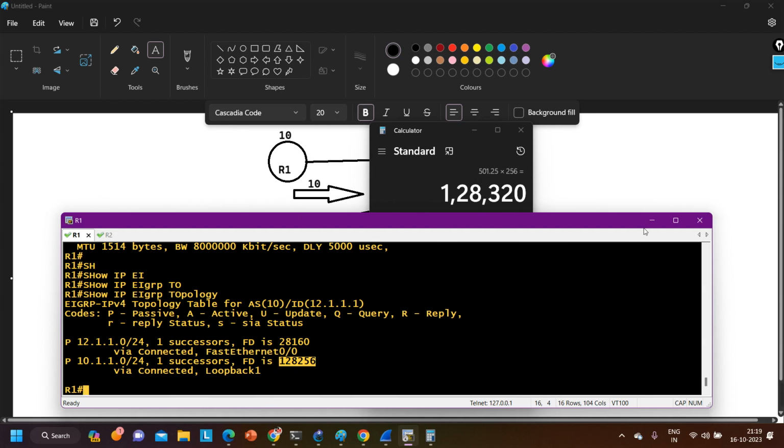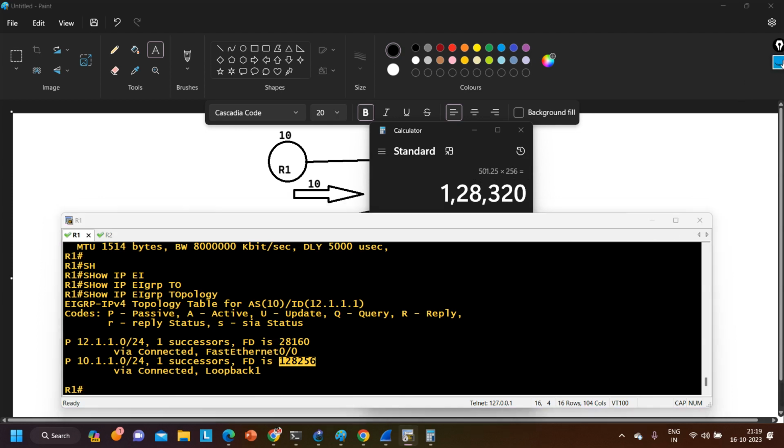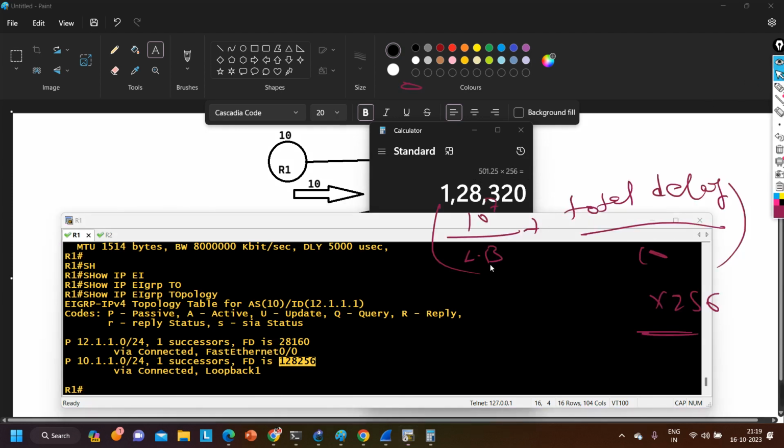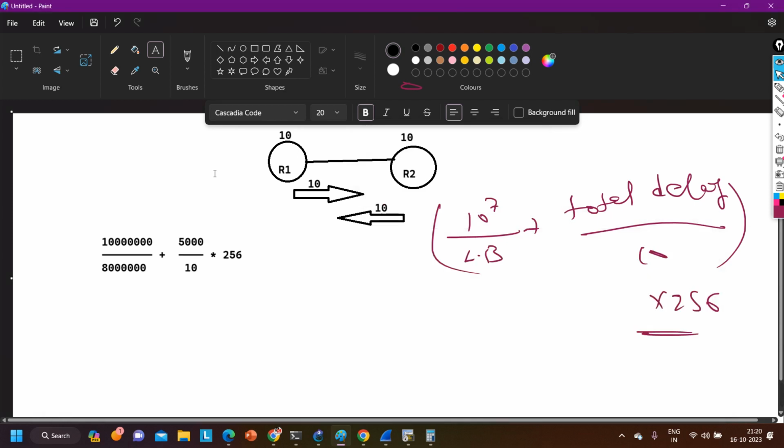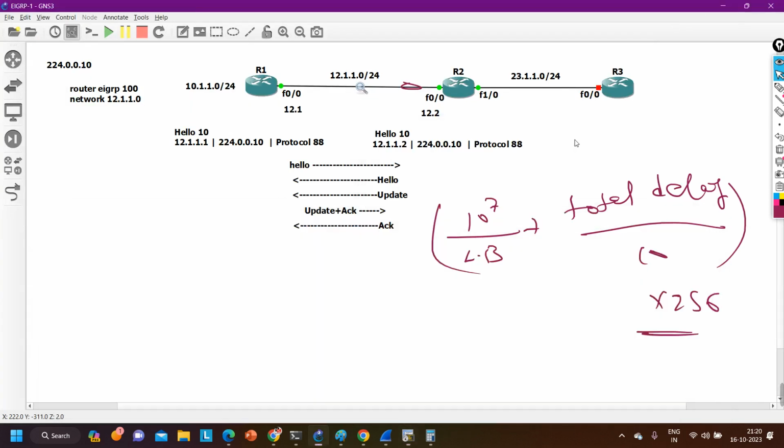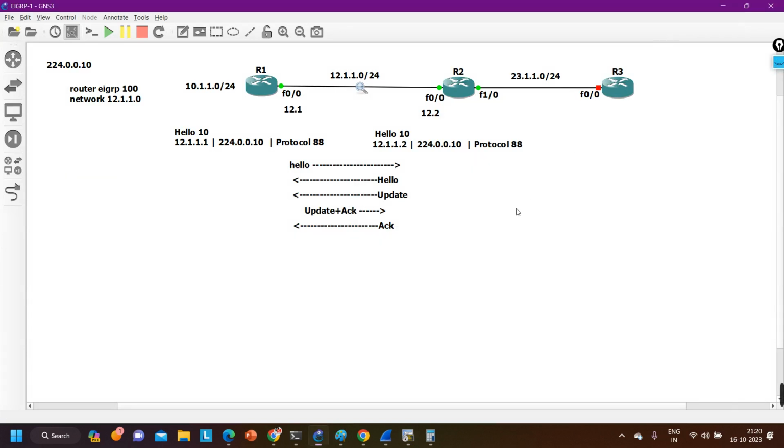So EIGRP calculates FD with the help of this formula: 10 raised to power 7 over least bandwidth, plus total delay over 10, whole multiplied by 256. And after that, always keep in mind, EIGRP never advertises the FD value in an update. It will not advertise the FD value. When router 1 advertises this network